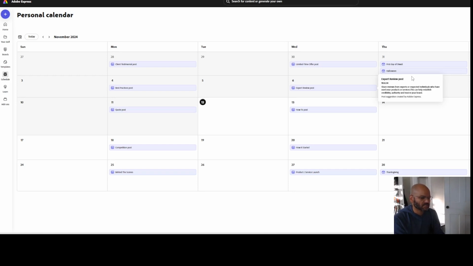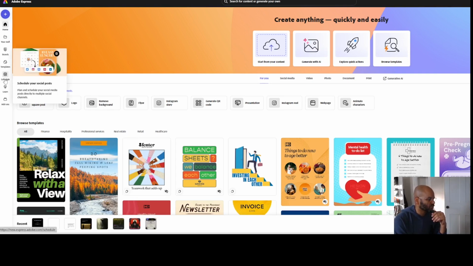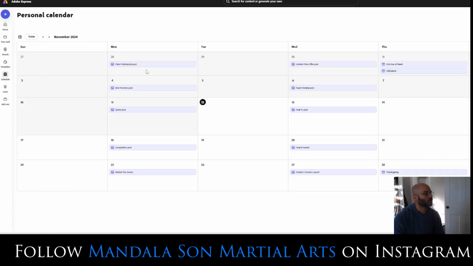Before I did that, I wanted to make something. So I went into Adobe Express, which I've been using, to make a post, and then I saw over here the schedule button, which I'd seen before but just kind of forgot about, because I was just using it for personal use. I didn't need to schedule anything. That wasn't my MO. So I clicked on the schedule button to check it out, and I was like, oh,